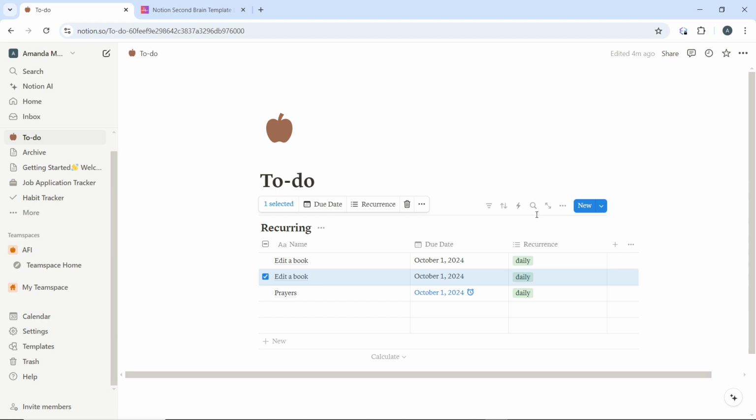You can also use third-party tools by integrating automation tools. So consider using third-party automation tools like Zapier or automate.io to set up automated recurring tags with Notion. Now, these tools can help automate tags created based on recurrence rules and sync with your Notion database. Now, by following these steps, you can manage recurring tags in Notion, even though native support for automatic recurrence is